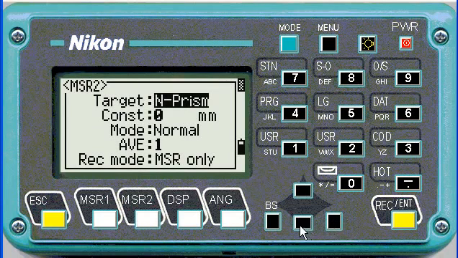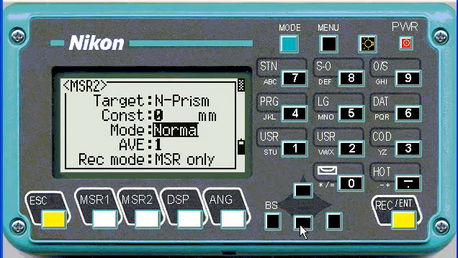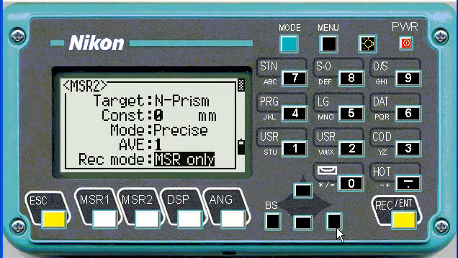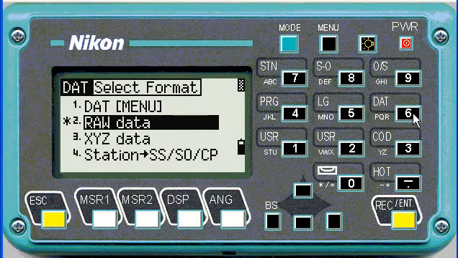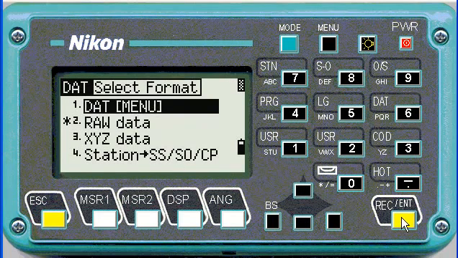then hold down Measure 2 so we can check the settings. This one will make the non-prism 0 constant precise, and the average of 1 is fine. Again, we'll put it on confirm. Enter. Now the next button, if you hold down number 6 for the DAT button, you can change it to